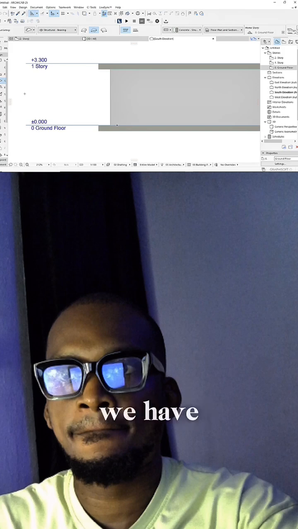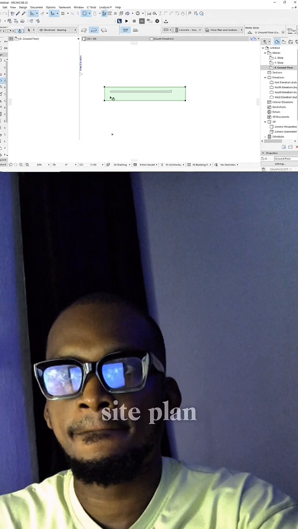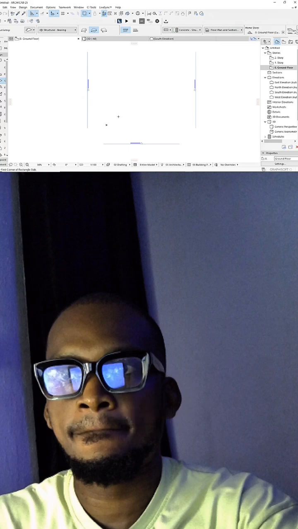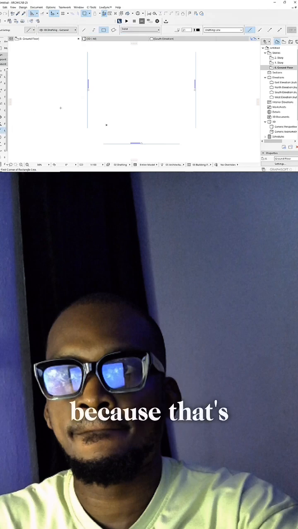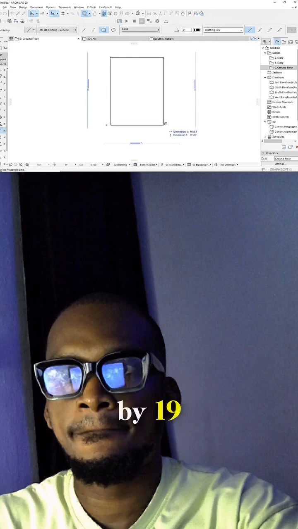The next thing we have to do is our site plan. Let's just assume our site plan is a 19 by 30 plot. So I will go to my line tool, because when you're using your line tool to decide, it gives you the exact measurements for anything you're designing, be it your room, your living room, your store. It will give you the exact measurements. So let's say 19 by 30